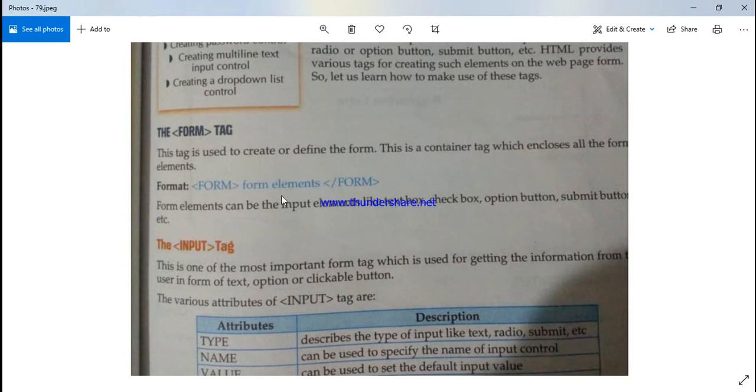We have already read about container tags and empty tags. Now the next one: form elements can be input elements like a text box, check box, option button, submit button. It means in form tags we can use the text box, check box, option button, submit button, like that.